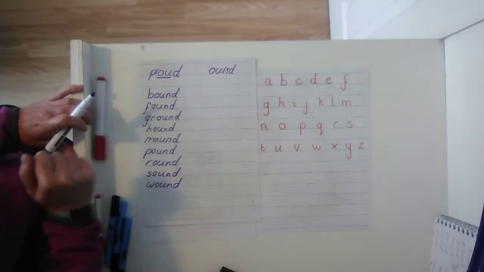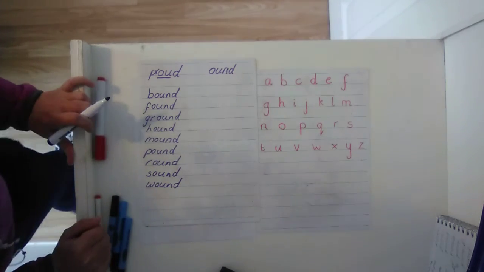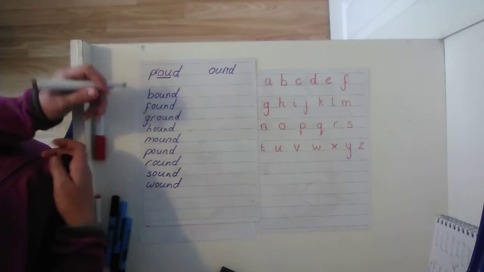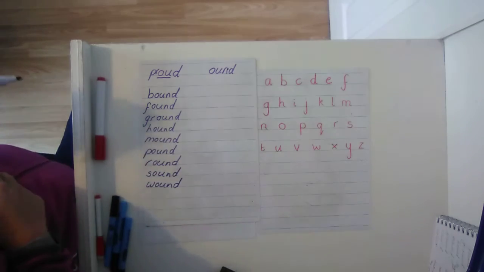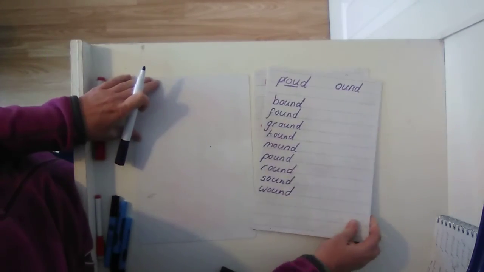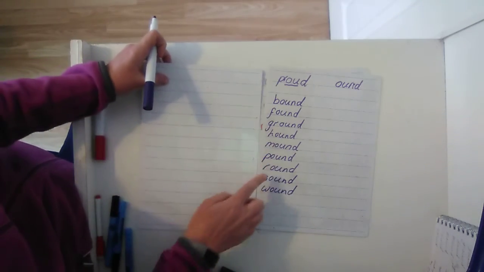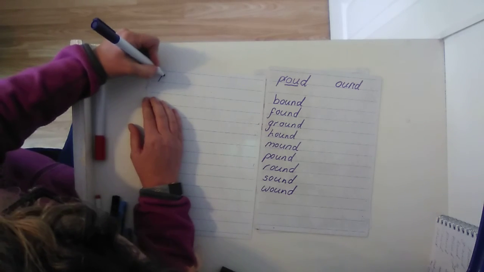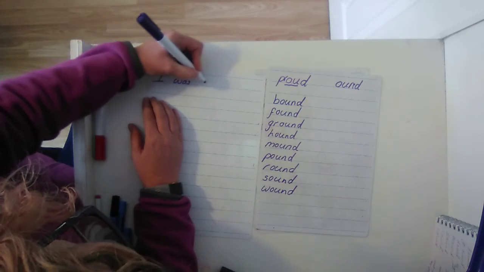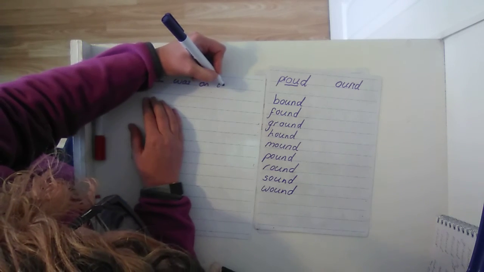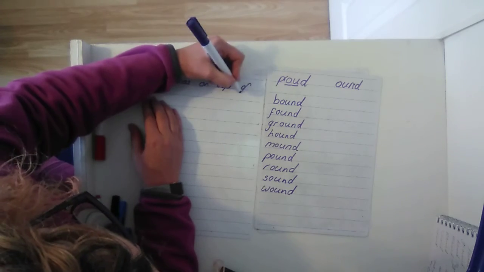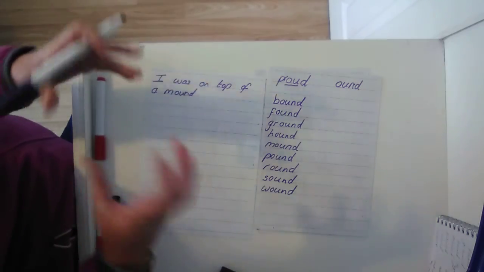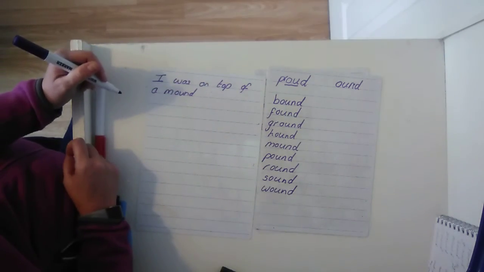So what we would do now in class to help us remember that these are the ways to spell these words is we try and make up a silly sentence, wouldn't we? So just off the top of my head, let's see if we can write a sentence that will help us remember the ound sound. So I was on top of a mound. Remember, that's like a pile of something or like a little hill of some sort. I was on top of a mound,